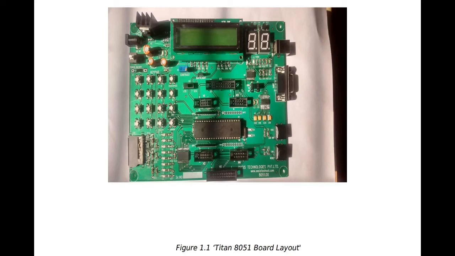And apart from these 4, we also have the power adapter, which we will connect to our 5 volt supply or 9 volt supply, whatever it is. And this is the button which is used for power on or off. And this is your reset button, which we will be frequently using whenever we start dumping the program using FlashMagic.